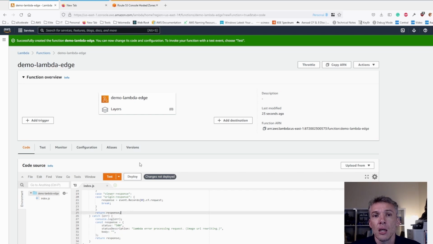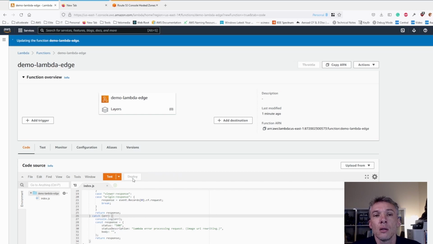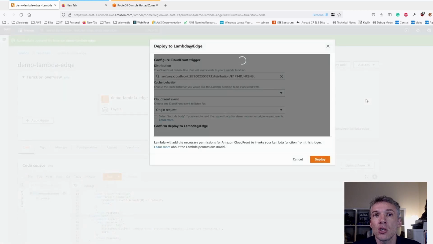Now, something that's important with this interface, you've got this option up here to deploy to Lambda Edge. However, that won't actually work if you haven't first deployed the code that you've pasted down here. So just make sure that you save that and you click this deploy button here. And once this has been deployed down here, you'll get this message up here saying that it successfully updated the function demo Lambda Edge. Once that's been done, then we can go to the actions, click deploy to Lambda Edge,